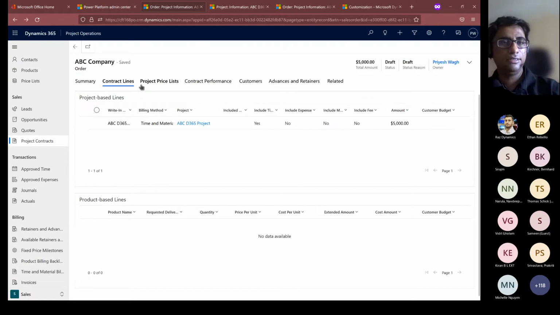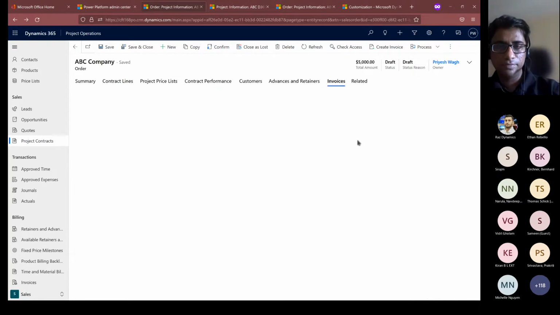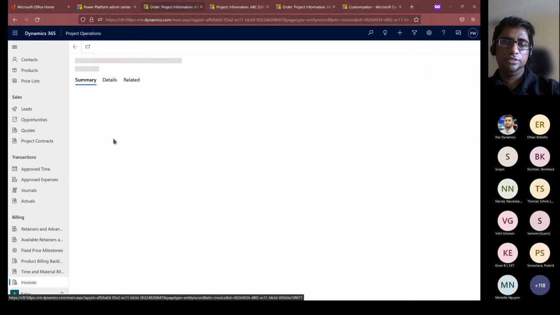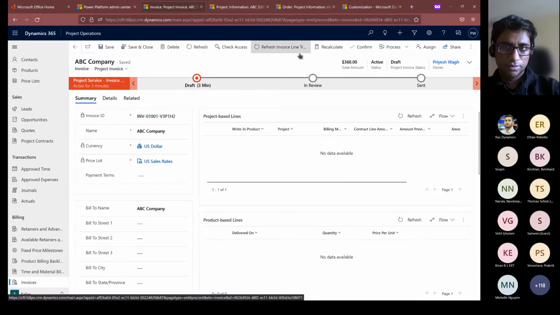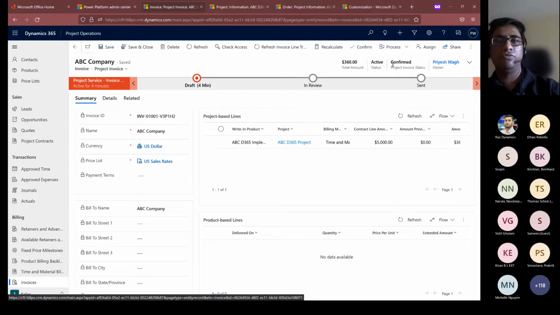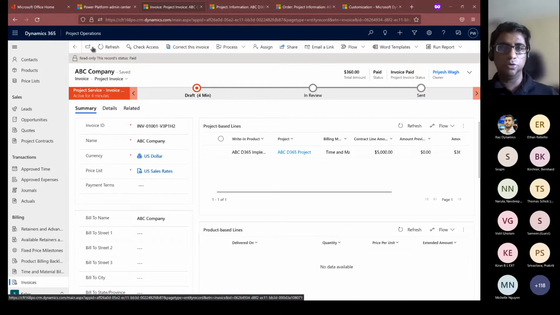I'll go to the contract or the order, and because these are child entities, the invoices should be here. ABC. Yeah, this was the invoice. So let me just confirm the invoice. So the invoice is now confirmed. Let's also mark the invoice as paid, so that you're done here, right? Of course, you will be adding all the taxation information and everything, but let's close the loop on invoicing